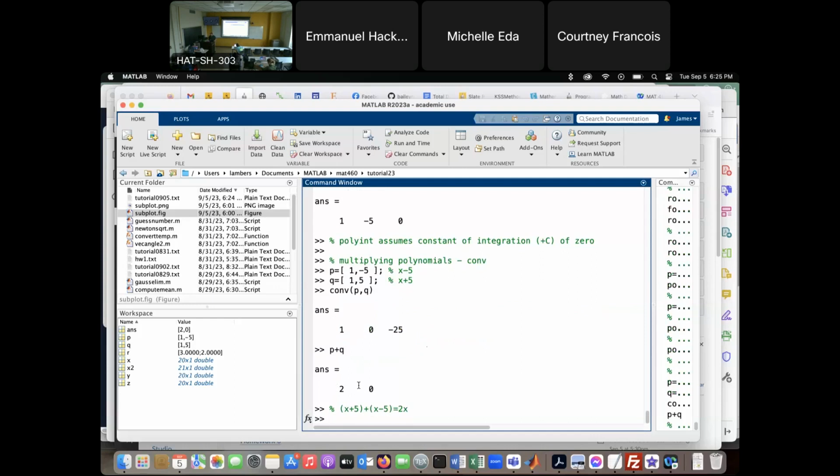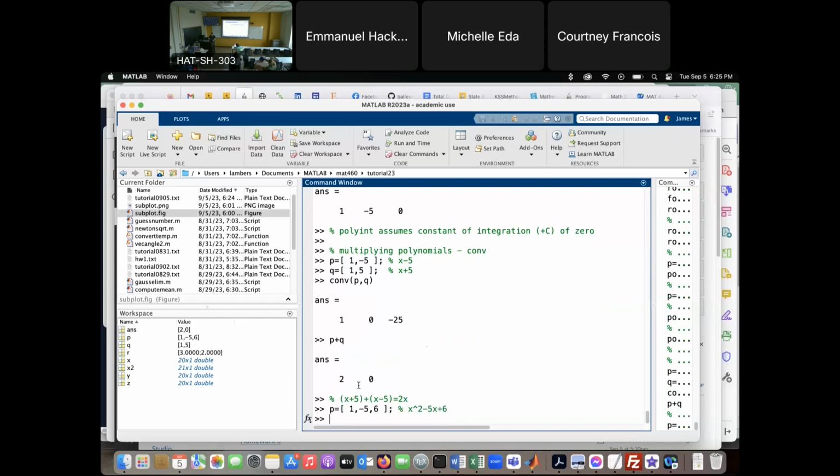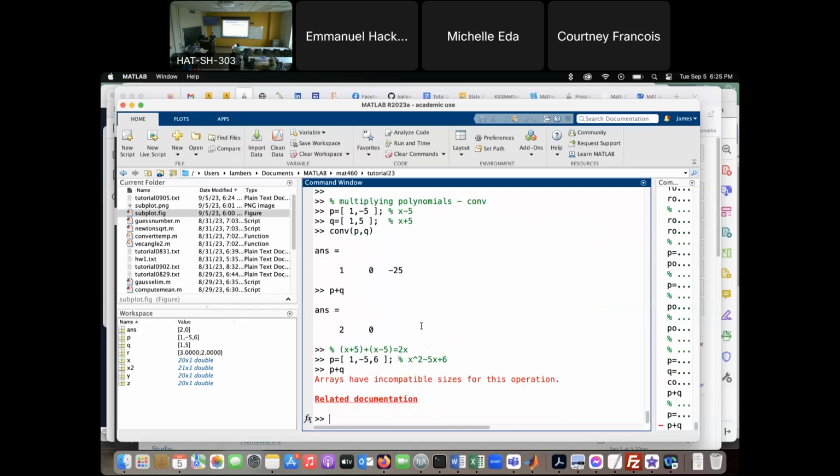But now, if I were to change p to something else, by default my go-to polynomial here, x squared minus 5x plus 6. So p is of degree 2, and q is of degree 1. So if I do p plus q, that's an error. So that's unfortunate. How to get around that is